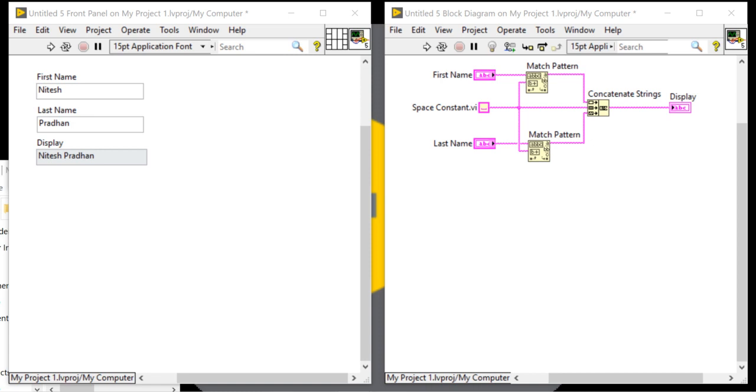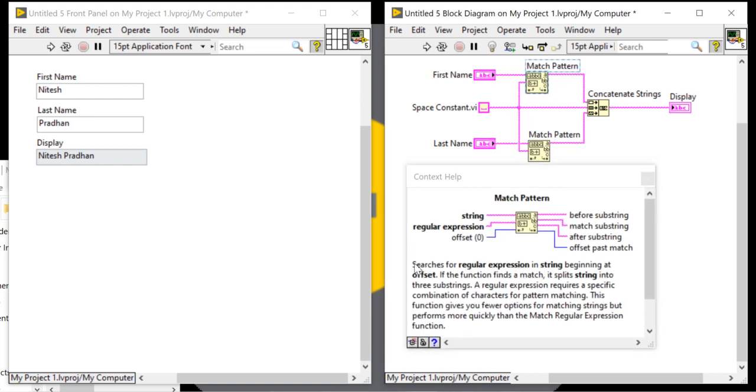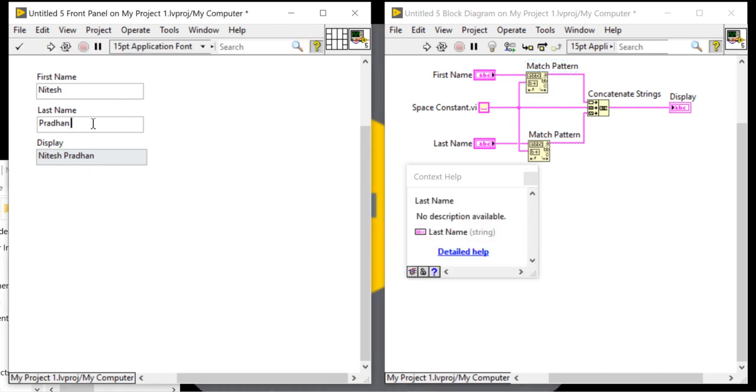Using match pattern, here I am going to press Ctrl H. Please read it. Using match pattern, if the user applies a space here and a space here, it is a waste of data. If the user applies one, two, three spaces here,